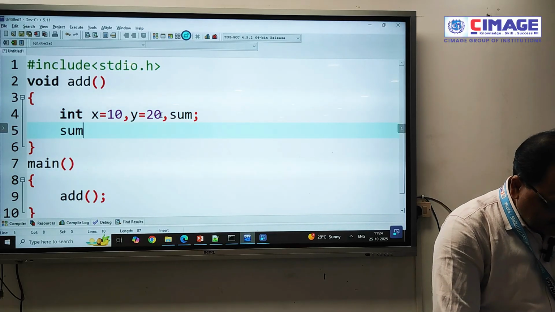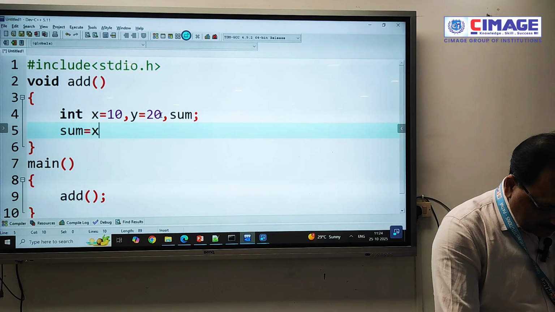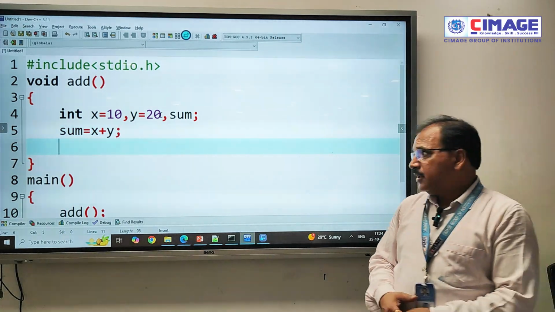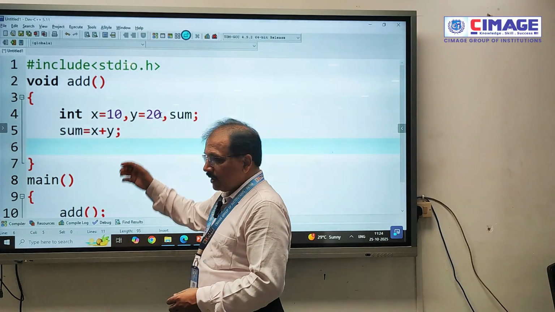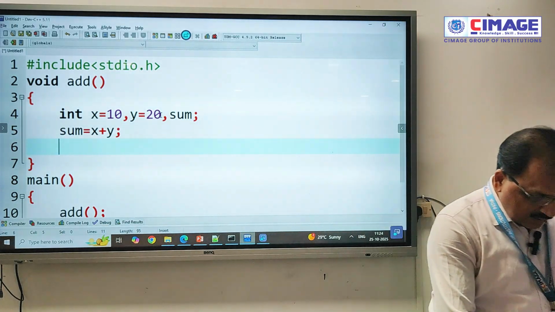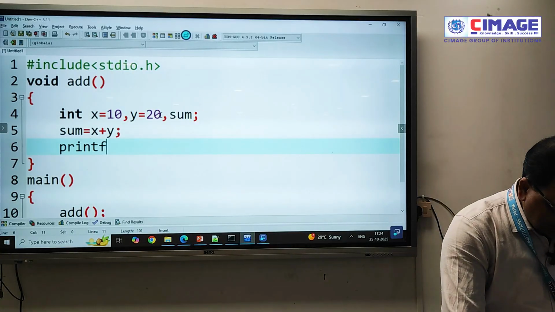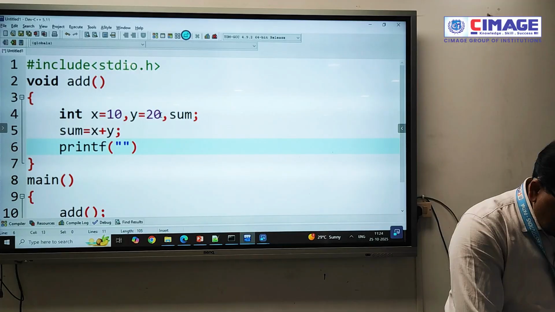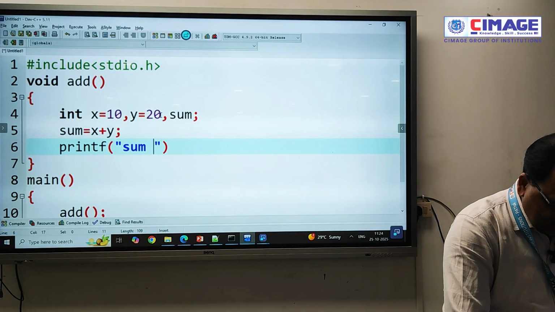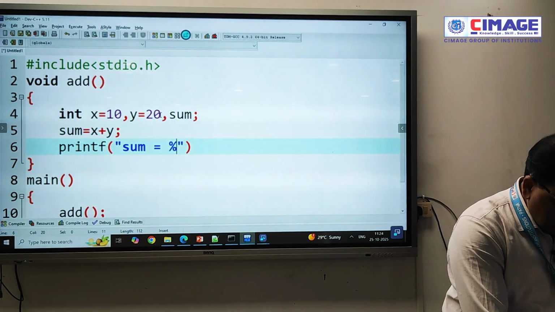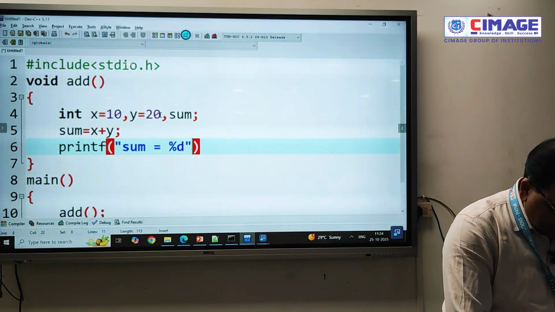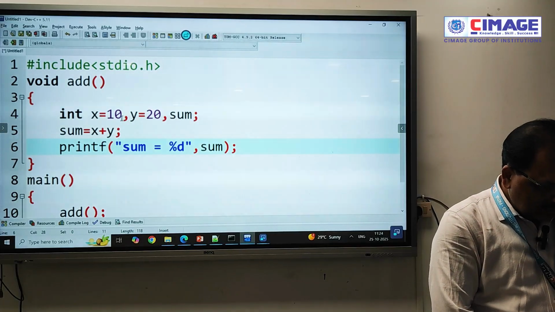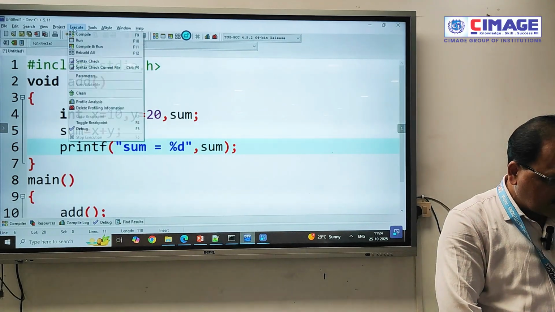Here I can write sum equal to x plus y, and the result of this x plus y is getting stored in sum, and we can print the value of sum by writing the formatted printf function. You can have a message like sum equal to %d, and then the calculated value of sum we can display here, and we can execute this program.